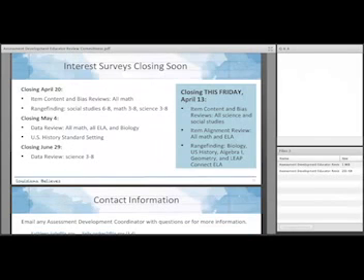So speaking of interest surveys closing soon, this Friday, April 13th, we have a lot of surveys closing. And we still have a very high need, particularly for special education teachers, English language learner teachers, and teachers of the visually impaired.